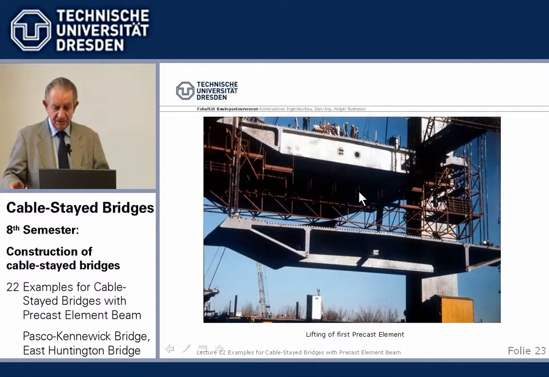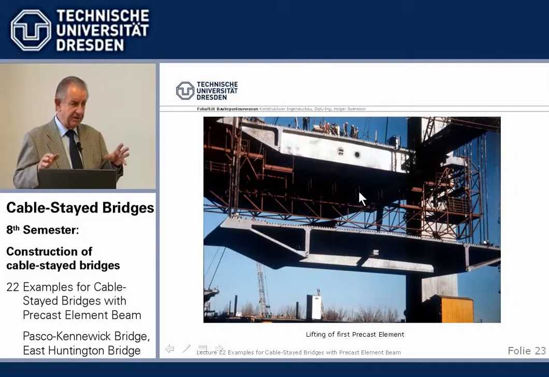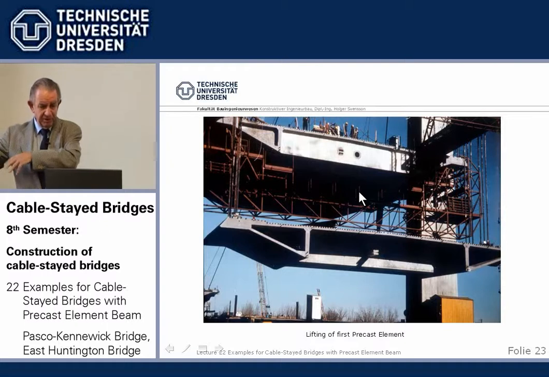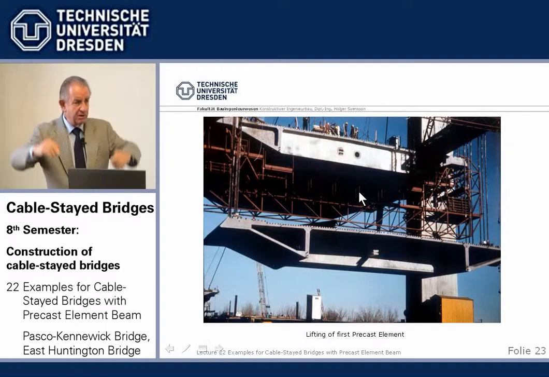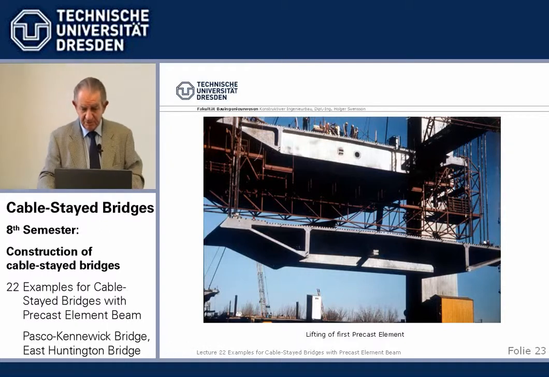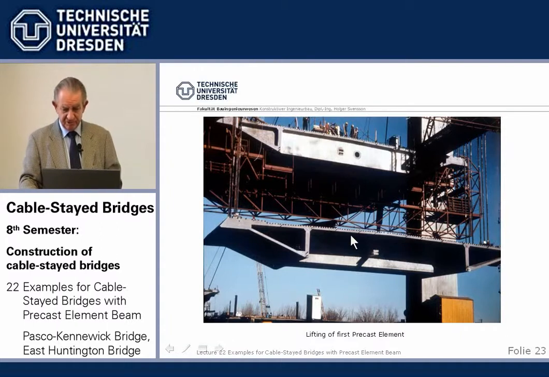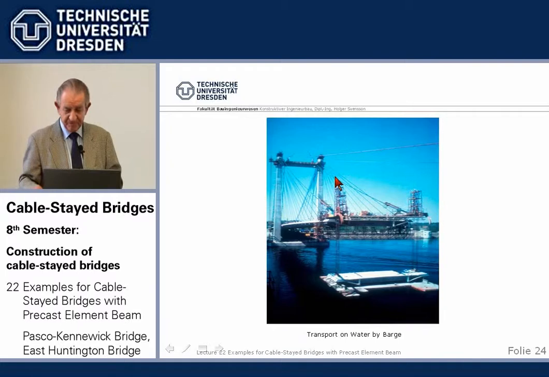Now, the first element is precast, lifted up by a portal crane, brought to water on a barge, and up we go. And here it is. It was a great big moment at that time for all of us, seeing the first element going up. It was transported, as I mentioned, to site on barges, and we see here the full system,